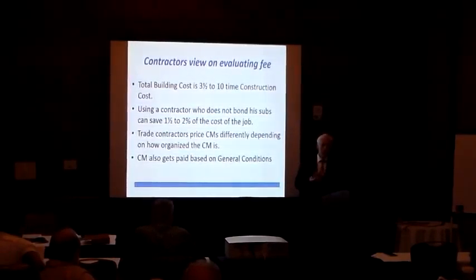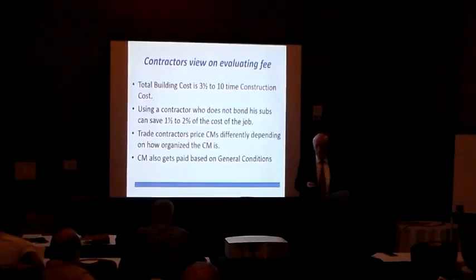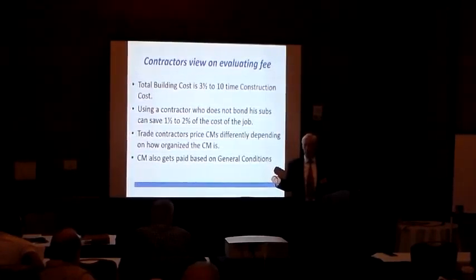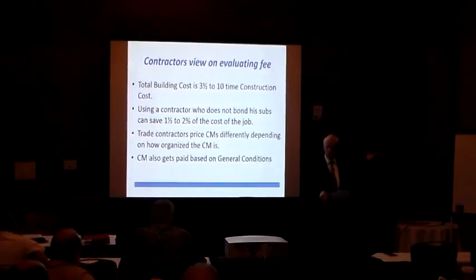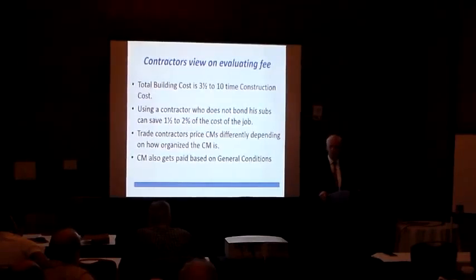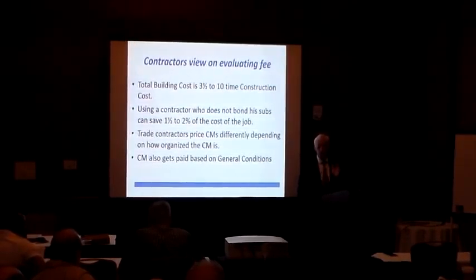If a contractor bids 3% and binds all of his subcontractors, and another contractor bids 3.5% and doesn't bind his subcontractors, then you've lost money by picking the 3% guy, because you're paying the cost of that bond. Trade contractors are going to price every contractor differently. We do not get the same price that our competition does. I don't know if it's higher or lower, but I just know it's not the same. And it's how a contractor organizes their job